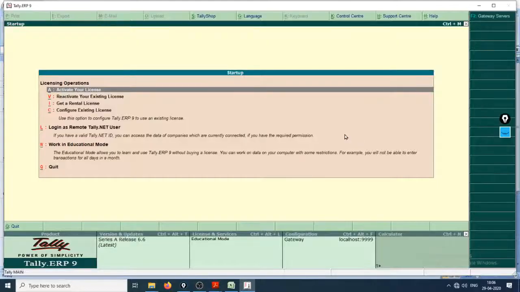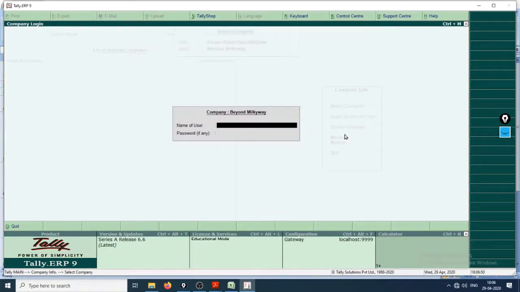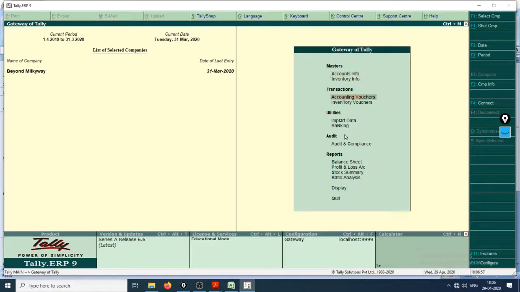Right here I have with me the Tally window, that is Alt W, select company, Beyond Milky Way. We will pass this journal entry and then we will check out its effect on the balance sheet and the profit and loss account. How to pass that journal entry?